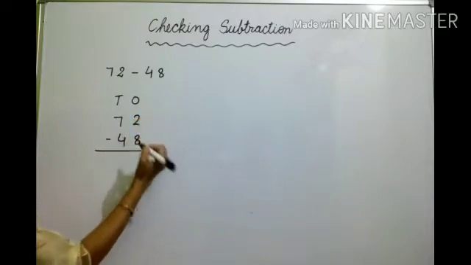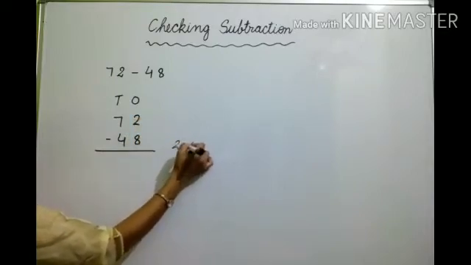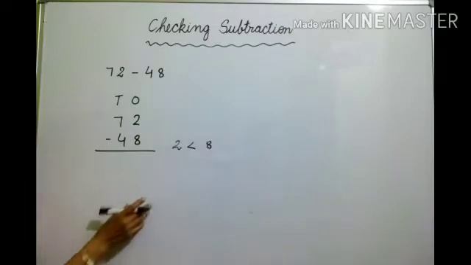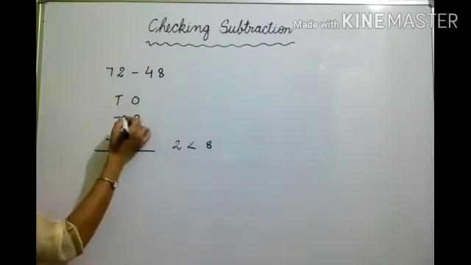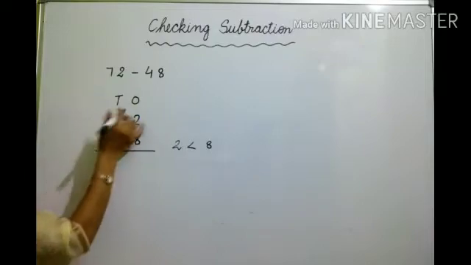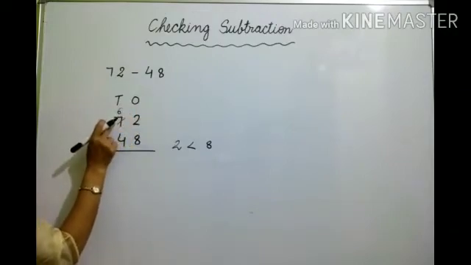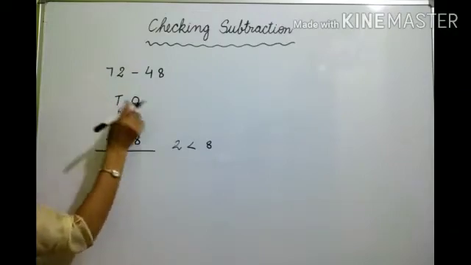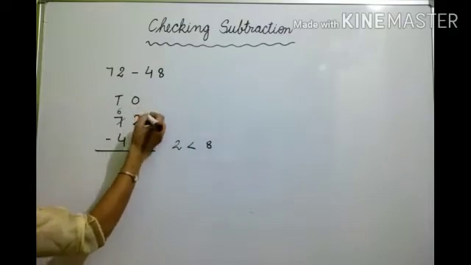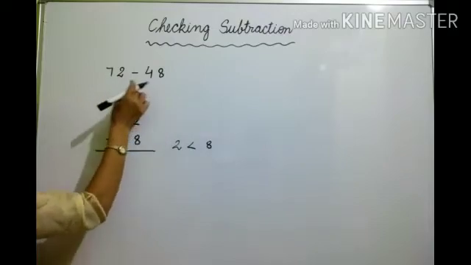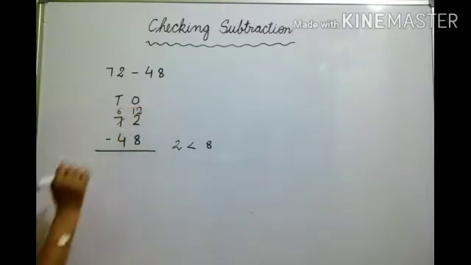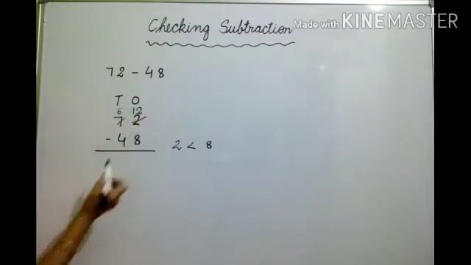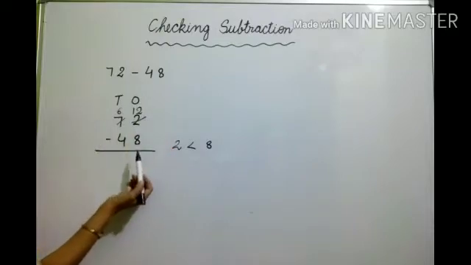Now start subtracting from ones. Here 2 minus 8 we cannot do, as 2 is smaller than 8. So what will 2 do? 2 will go to tens. It will take a carry from tens. 7 gives 1, so 6 are left because they are giving 1 to 2. And when 10 comes, it turns into ones and here it becomes 12. So with regrouping we will subtract.